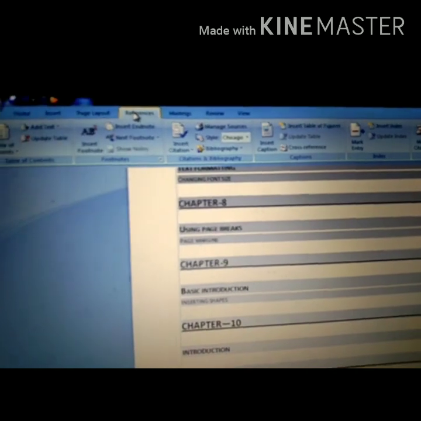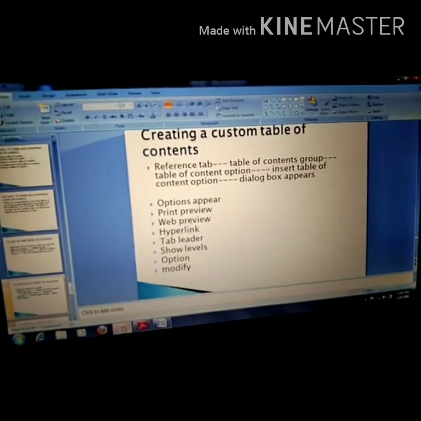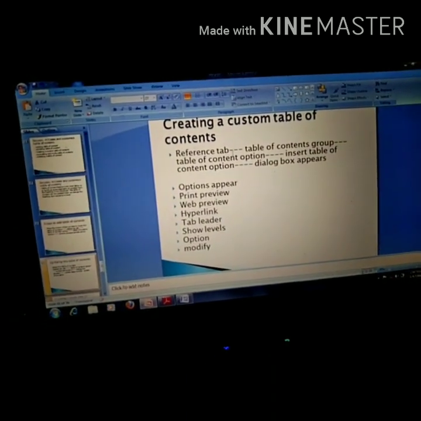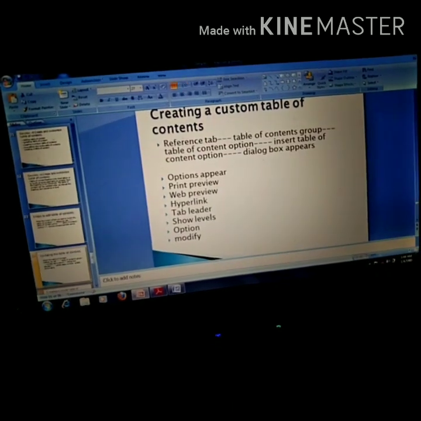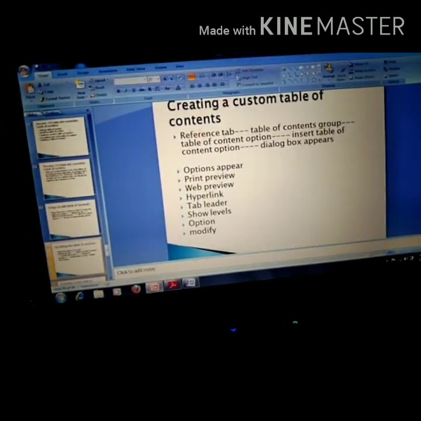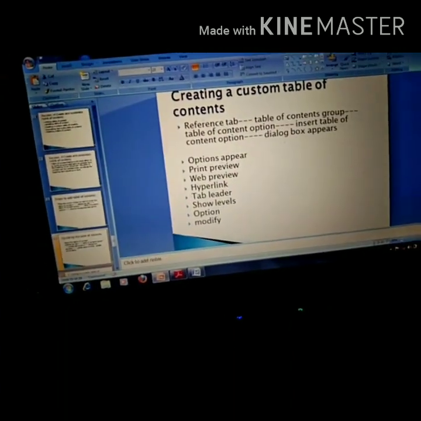Next topic is creating a custom table of contents. It is done from the references tab, and on the references tab we will click on table of content group, and in table of content group, the table of content option, and here you will click on insert table of content option.